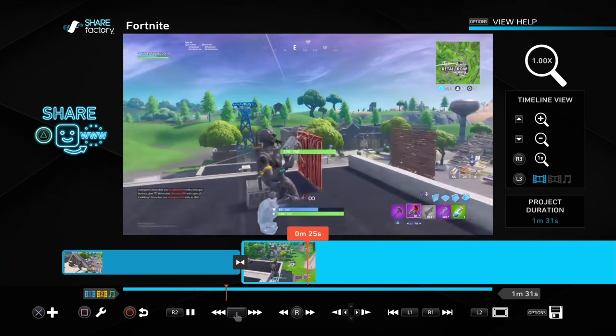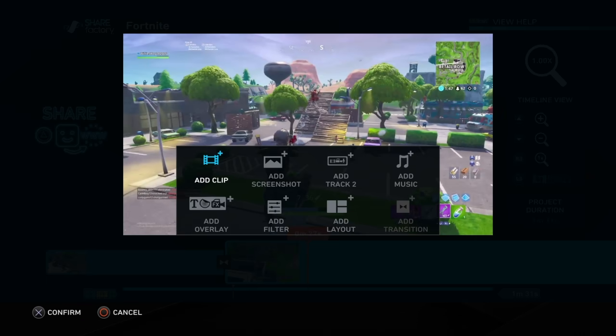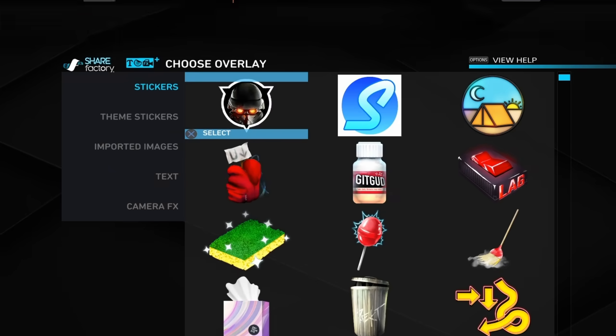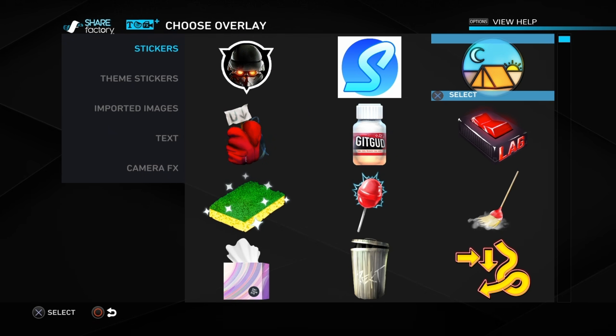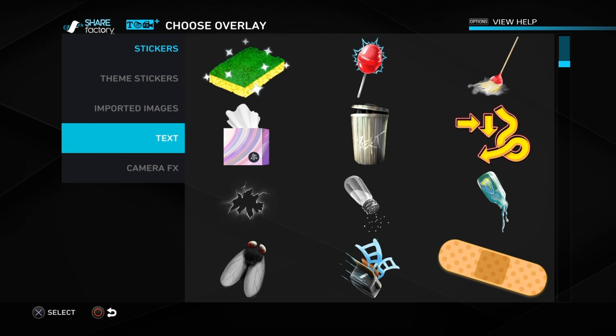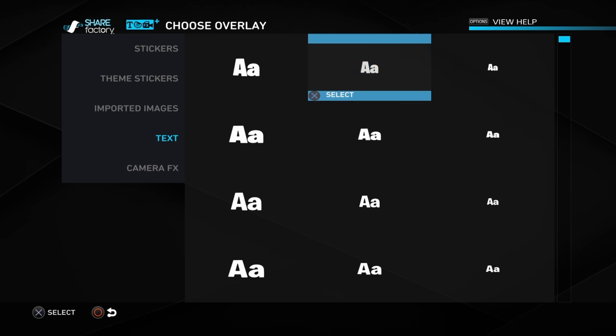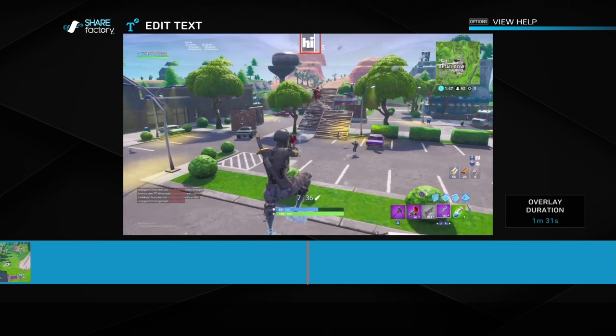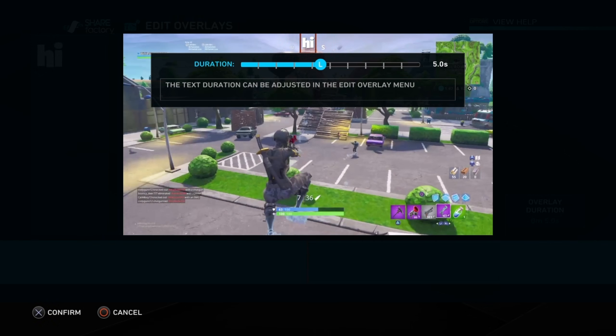So, say I wanted to do an edit right here. What I do is I'd click X to add something right here, and then I'll choose layout. But I'm actually not gonna choose layout right now. I'm gonna choose overlay so that I can show you something. So right here you can choose stickers, like you can choose your profile picture, all this stuff, you can do theme stickers, import images, you can do text. So say I wanted to say, I don't know, something, I'll just say hi,